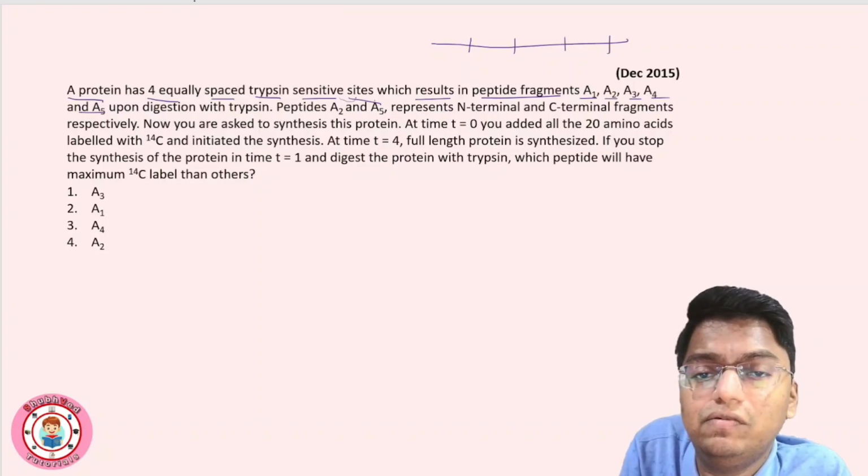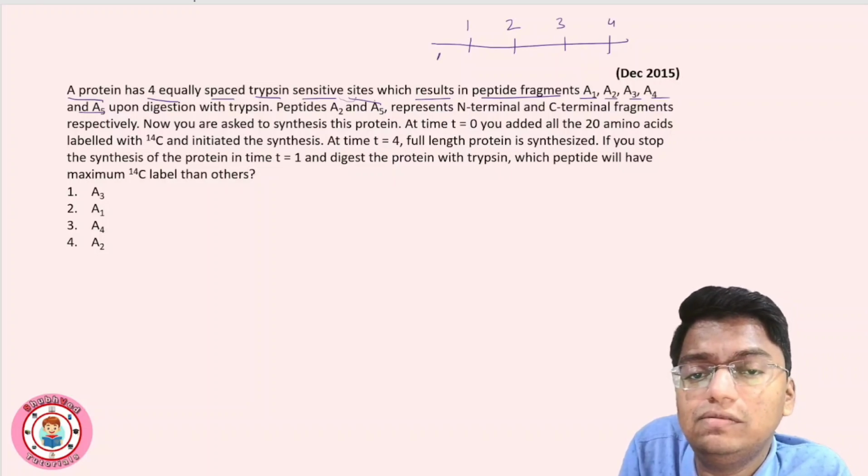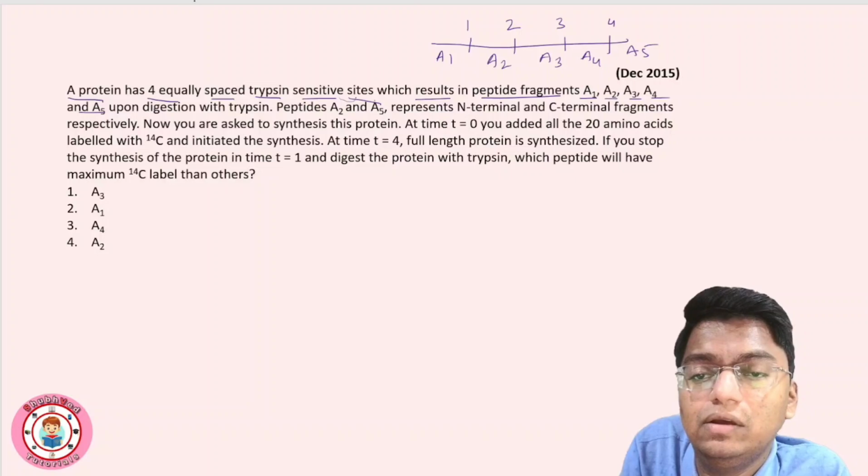So this is the first site, second site, third site and fourth site. Okay, this gives rise to 5 peptide fragments A1, A2, A3, A4 and A5. Okay, so not there in this order, right? ऐसे order में नहीं है वो proteins